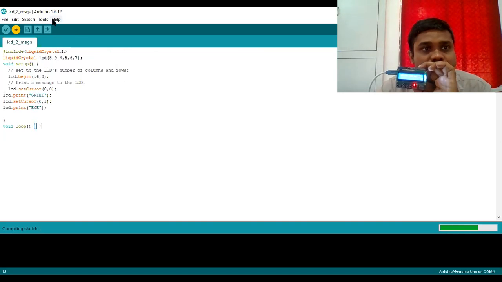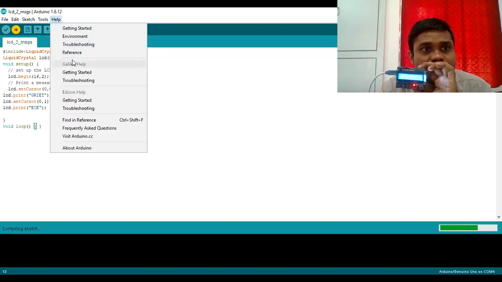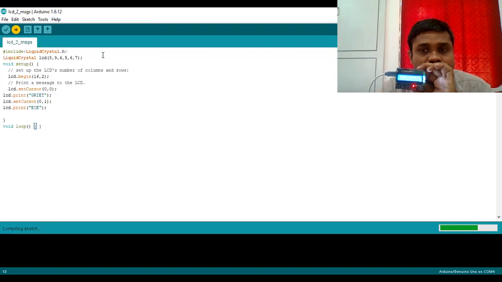If you need any information regarding LCD commands, we can go to Reference. There is a window open. Within that, we can go to Libraries.